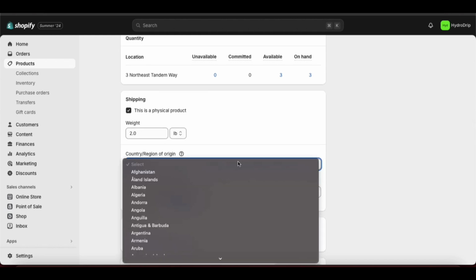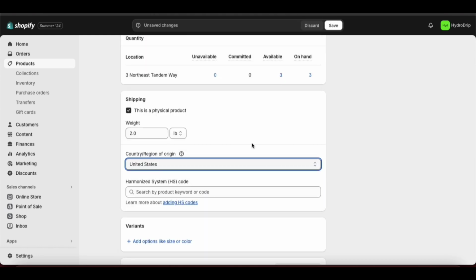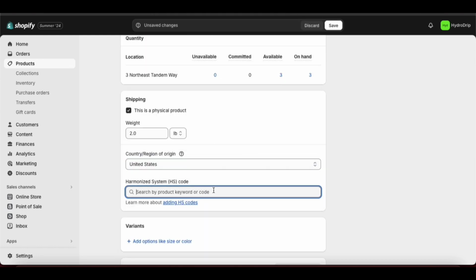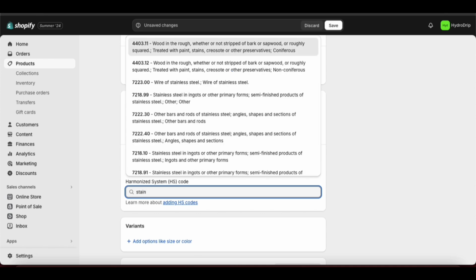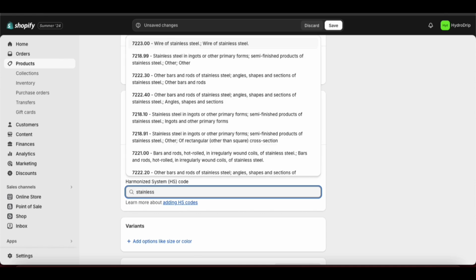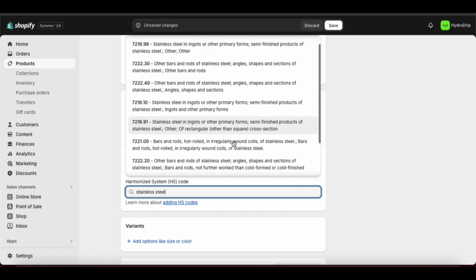Under country and region, select the nation in which you are sending out shipments. In this example, I also wanted to show you what not to do. So if you come here and you start to just type what your product is, nothing is going to come up. So I tried typing tumbler and stainless steel because it's made of stainless steel, and first option, I didn't get anything. And then with stainless steel, I just thought it all looked so confusing and I didn't know which